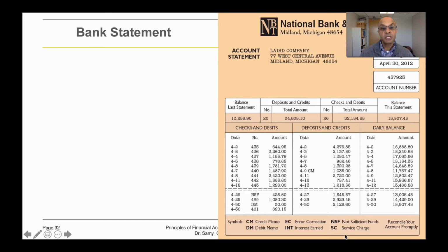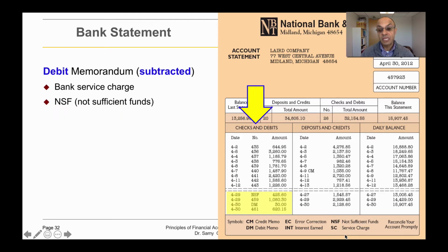So a good example here is the bank statement, which has three sections. The first one is any checks and debits that have been made by the company. And you might see that there are some amounts at the end of that section. One of them is called DM, which stands for Debit Memorandum. Another one is NSF, which stands for Not Sufficient Funds. And those two amounts are usually subtracted from the company balance for the bank service charges and any bounced checks